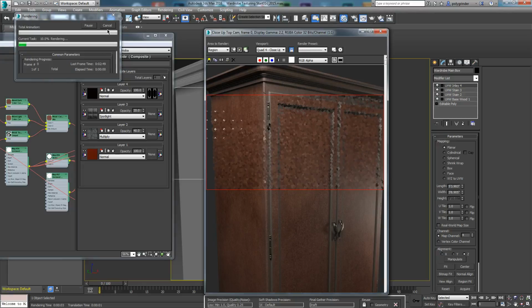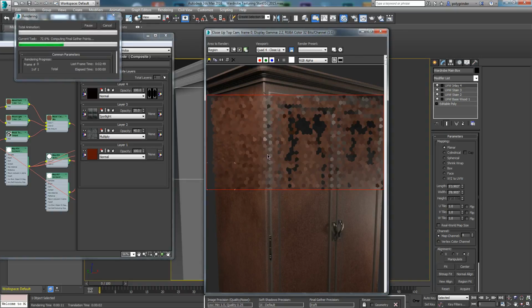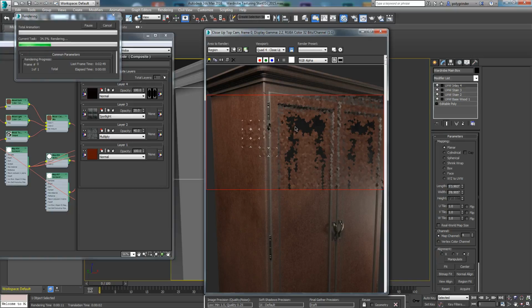Okay, so our wood had come off there because, when we were moving these layers around, I accidentally turned off these mapping coordinates over here. And so that was getting rid of the wood that was in there because it didn't have coordinates to lay that wood in there. Okay, so we've got this inlay going in here,